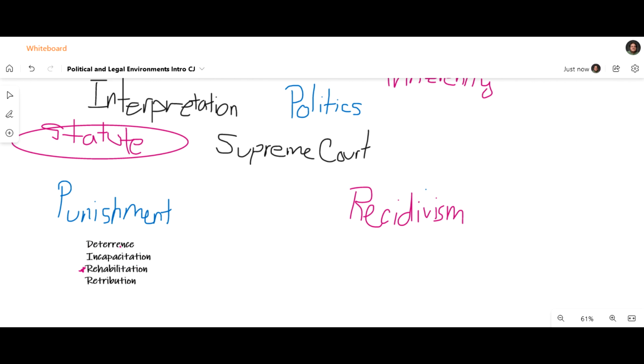So what's the best system? What is the best theory of punishment for an incarcerated individual? If you can't answer that question, you're like everyone else. This is a harder concept than we tend to live in. Remember,